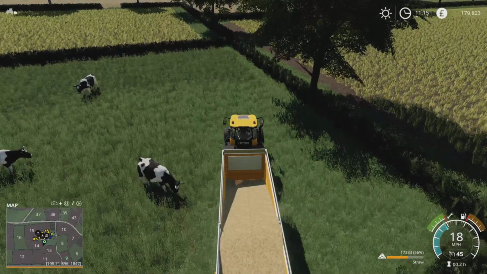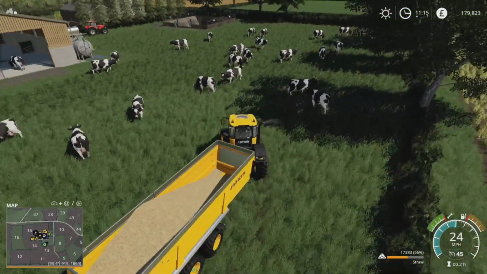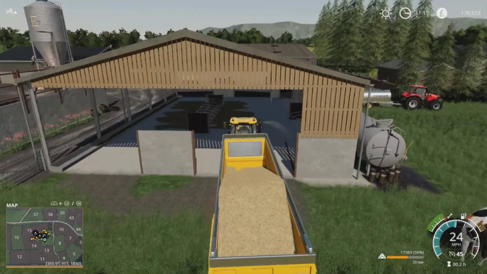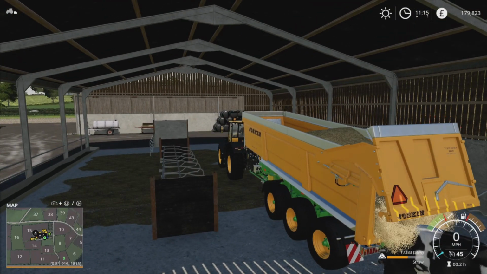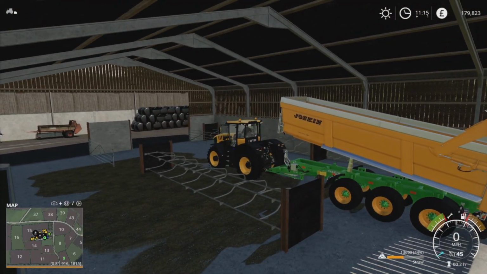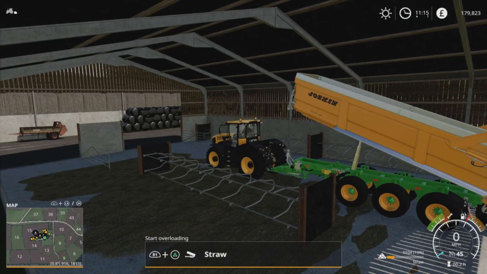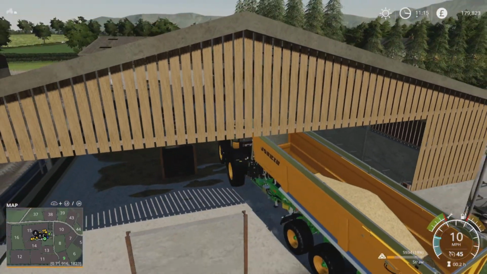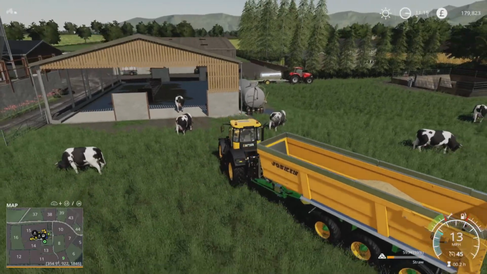And then if we scoot round here, try not to kill our cows. We'll go in this one. Sorry Mr. Cow, I'm going to have to do it. You've got a trigger there. Now you might have a problem with a trailer like this because I'm not sure it's going to stop before it hits the roof. So again, we'll come back out, excusing the cows,